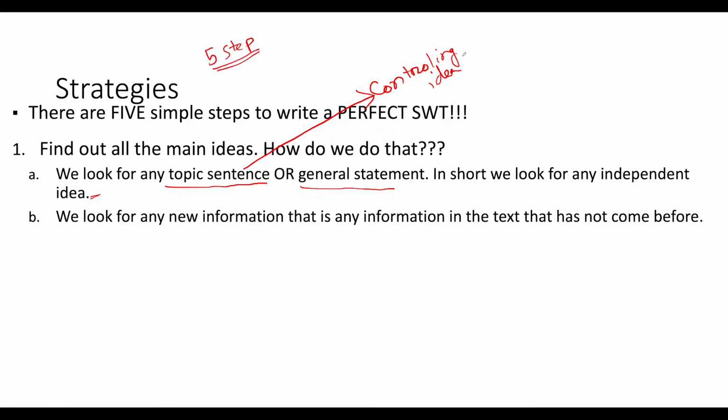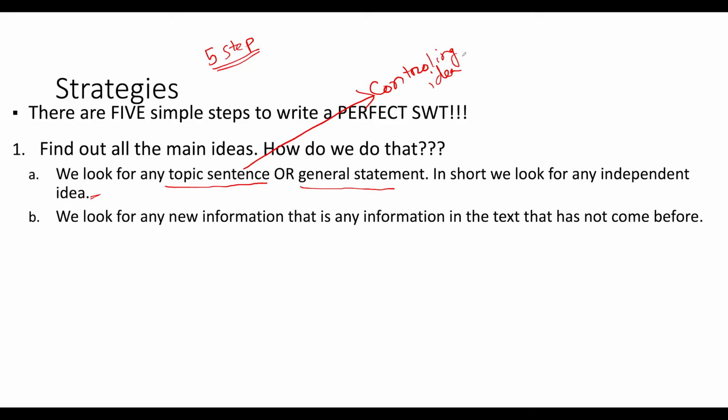Next is to find any information that is not new. Now, I know this is not the ideal way of doing it in general life, but for PTE, it is very important that whenever a new piece of information appears in the text, you take it as your main idea. Just as an example, let's say your question is about COVID-19 and its spread worldwide. Now, when we talk about COVID-19, we did not specifically talk about any variants of COVID-19, not alpha or beta or delta variants. But when they talk about delta variants very specifically,